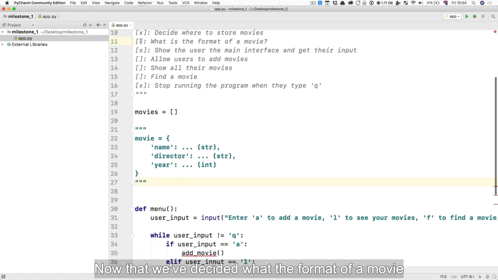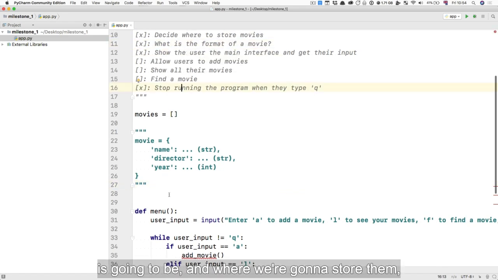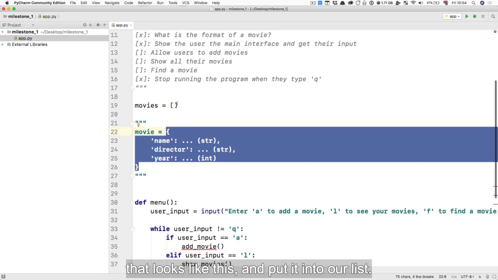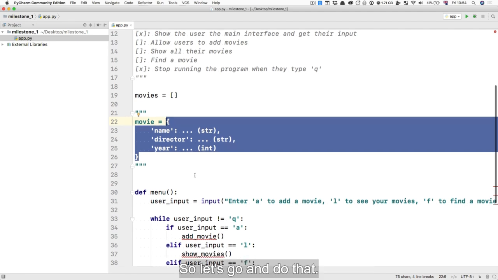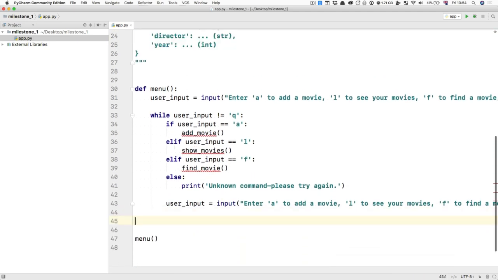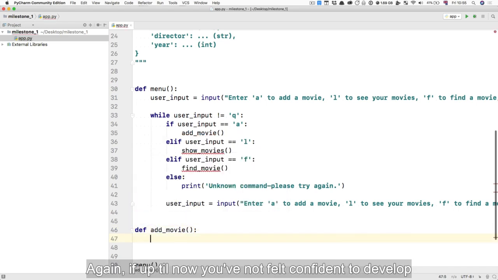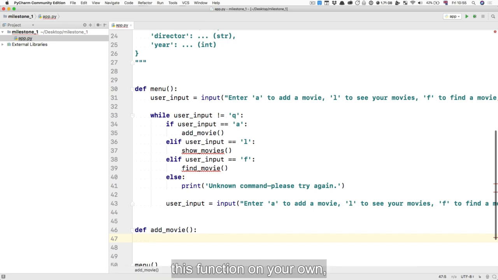Now that we've decided what the format of a movie is going to be and where we're going to store them, we know that when we add a new movie, what we're going to do is create a dictionary that looks like this and put it into our list. So let's go and do that. Underneath the menu function, let's define the add movie function. Again, if up till now you've not felt confident to develop this function on your own and you feel like you are more confident now, pause the video and give it a go. And I'm going to keep saying this because it's really the best way to learn. Okay, now that hopefully you've